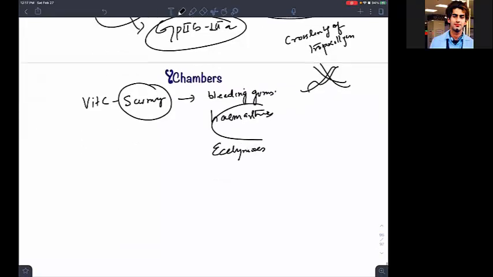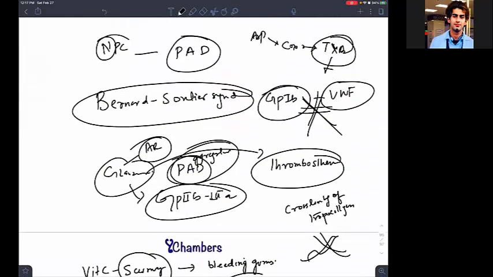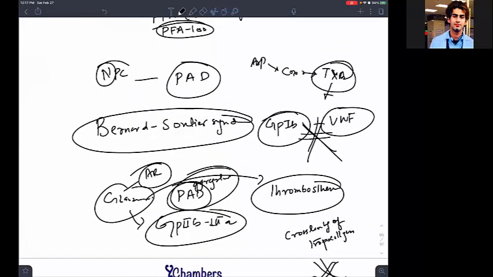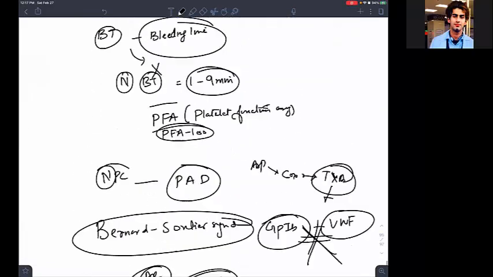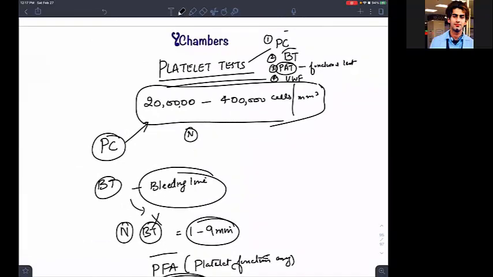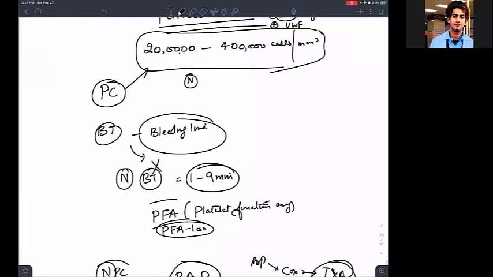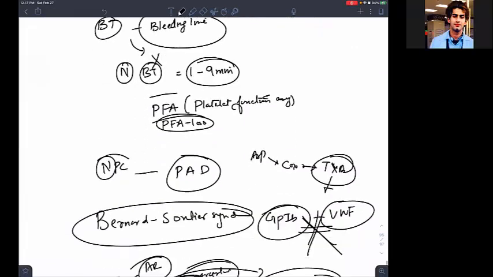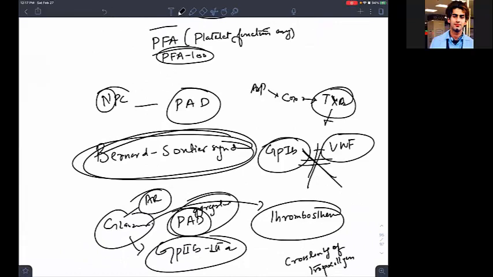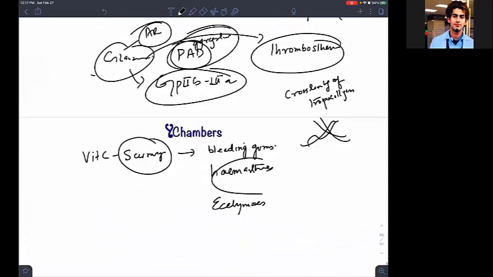So why are we discussing these diseases under the physiology heading? Because we want to know where the bleeding time is increased. I would bleed more, taking so much time to form that platelet plug. In Bernard-Soulier syndrome, I am having a defect in the receptor, so more bleeding is happening, and I'm not able to form that platelet plug. In Glanzmann's thrombasthenia, there is again a GP2B3A fibrinogen receptor defect. So I will again have a lifelong bleeding problem.